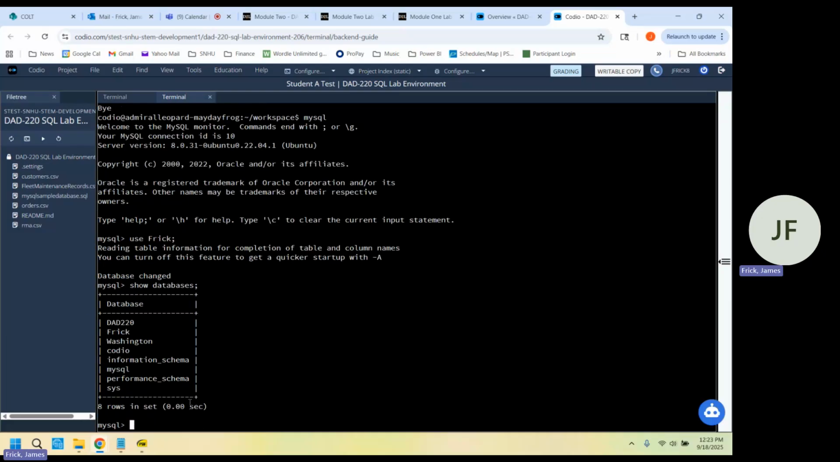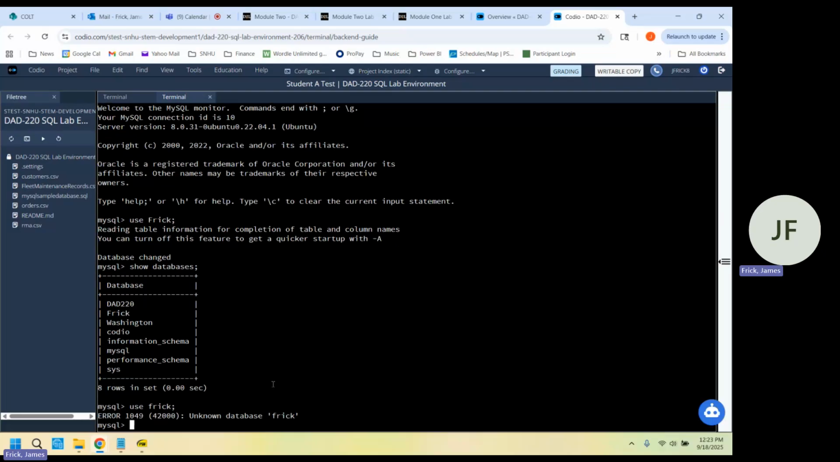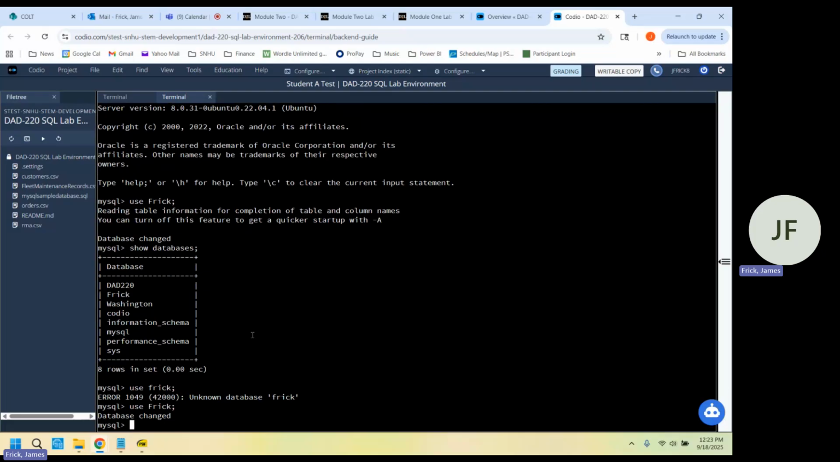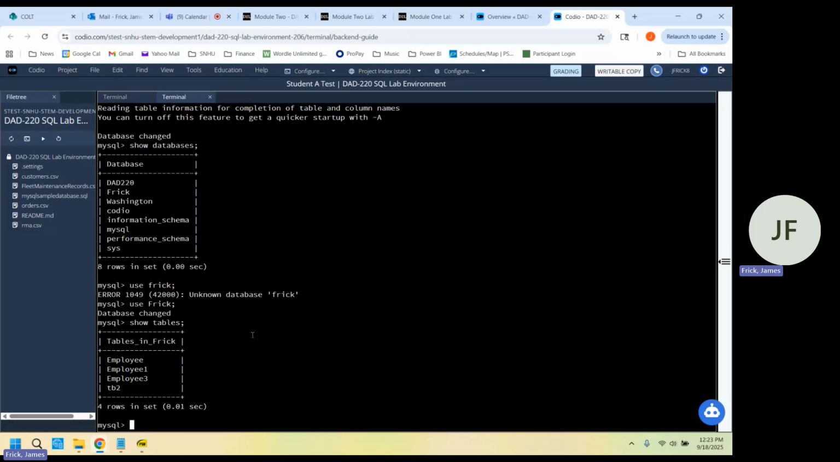Quick reminder, names of databases, tables, and columns are case sensitive. If I say use Frick with a lowercase, it says you don't have it. You have to match the full capitalization and spelling. That's true of tables and columns also. So we're in Frick. Another reminder, if you forget what tables you already have, you can say show tables, semicolon,